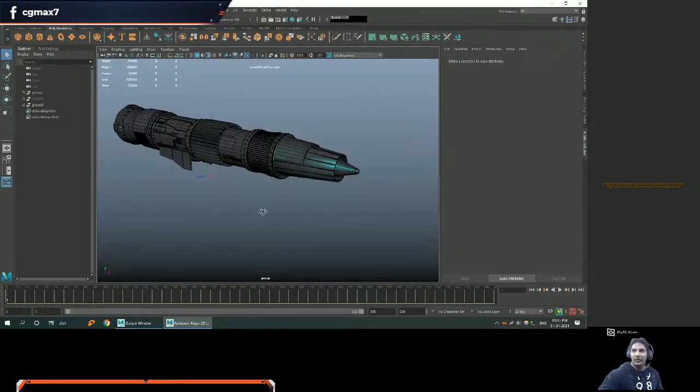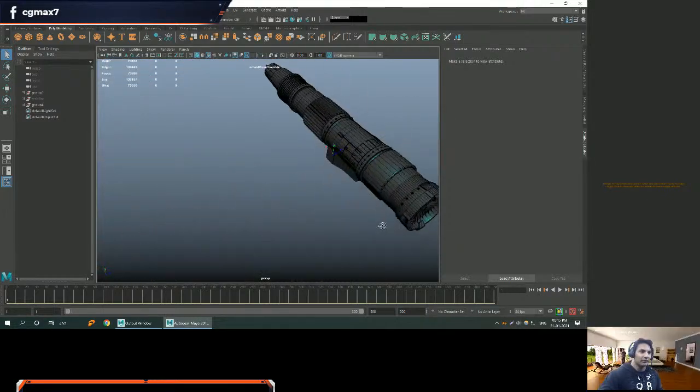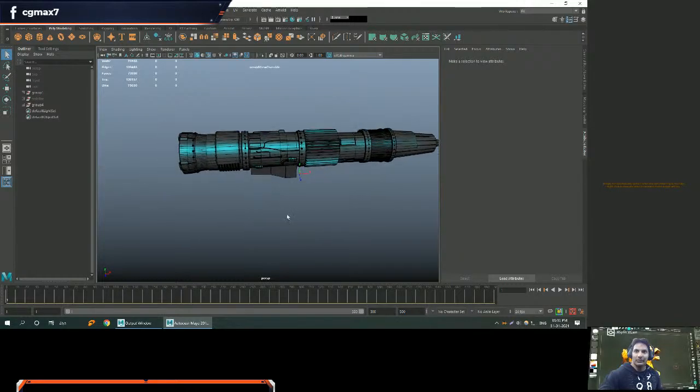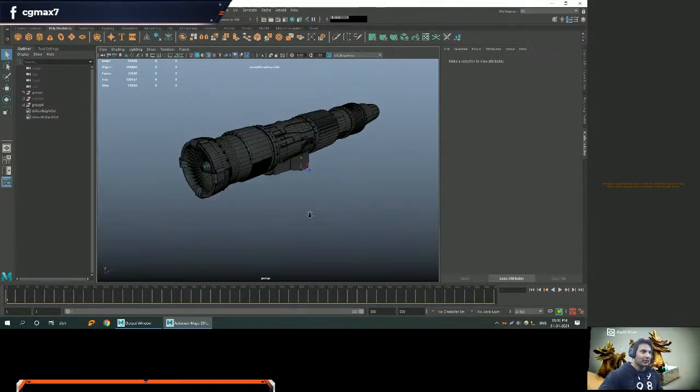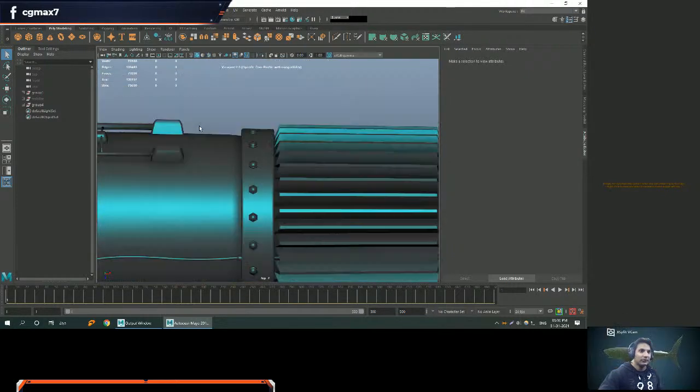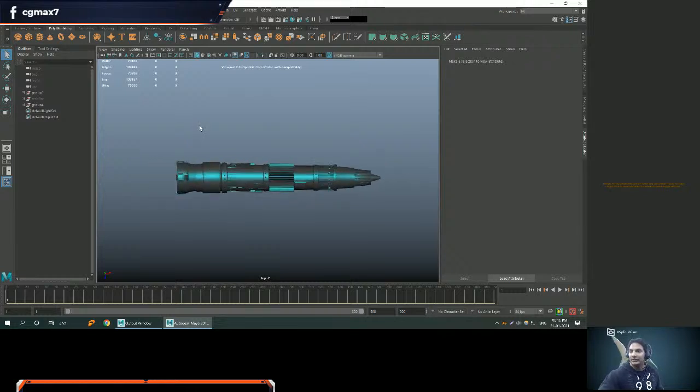Alright, so here we have the engine. We'll continue with the engine and let's see what we can come up with. So again, I'm going to start making some kitbash over here. And let's go to the...